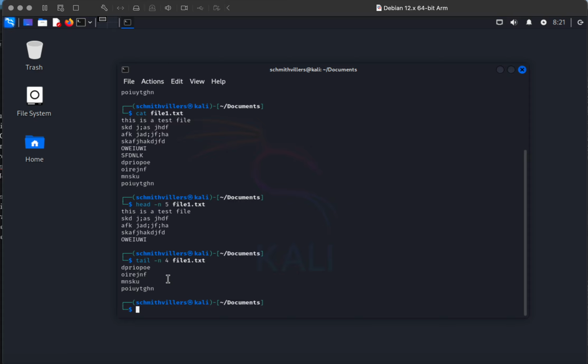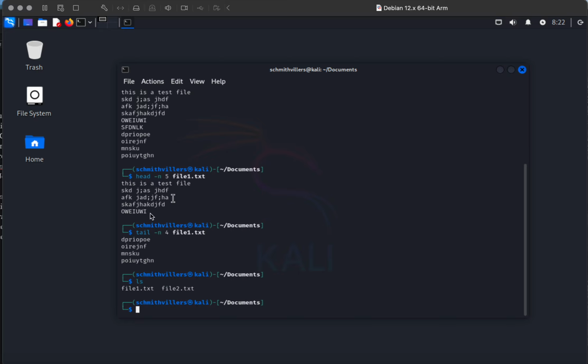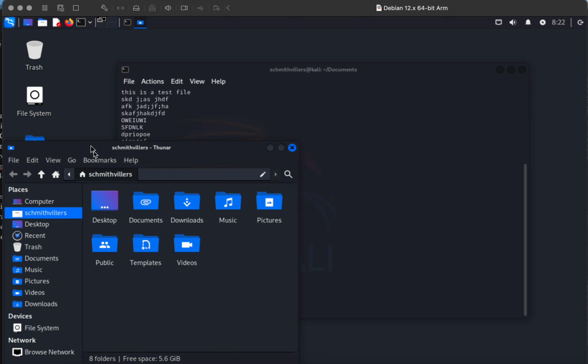Now we already saw clear, which clears the terminal. Then we have cp. Now for example, we have these 2 files in here. Let's see it visually instead of